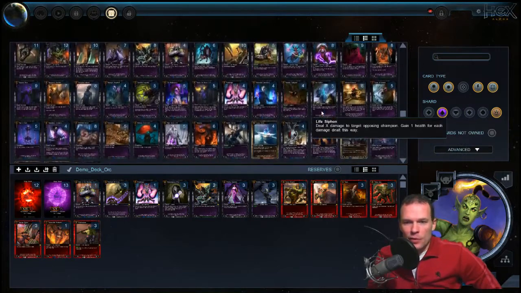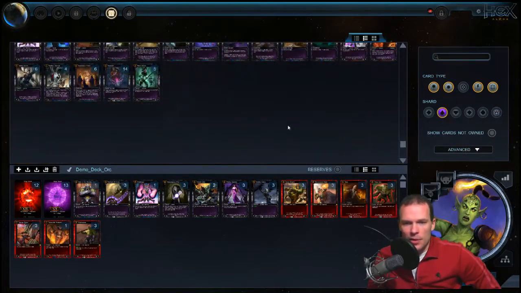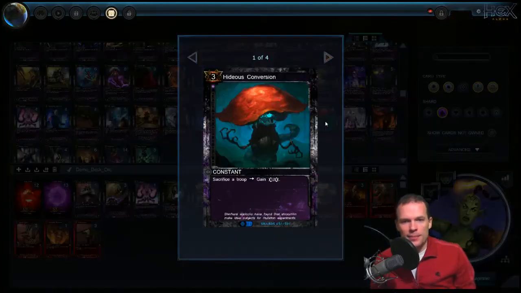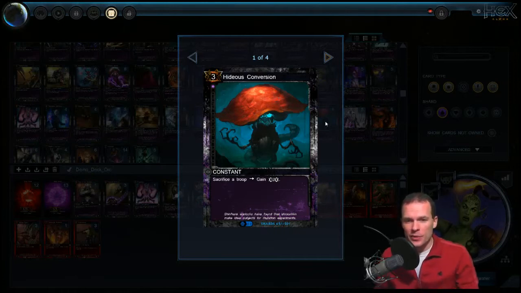So let's pull him back up. Where did he go? Roll 4. I'm all lost here now. Here we go. Alright, so Hideous Conversion. Sacrifice a troop to gain that particular temporary resource. I would say no. It's not a very good thing to actually have to sacrifice a troop to gain a resource, unless you're playing a deck where you can build